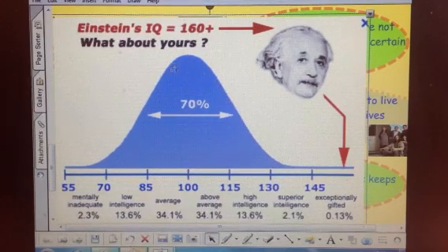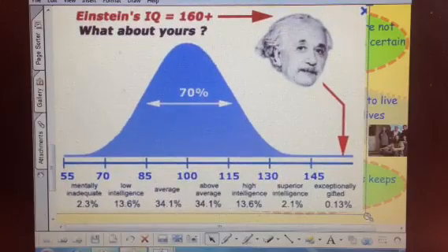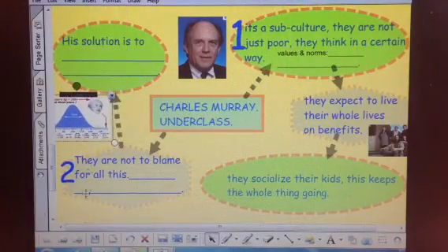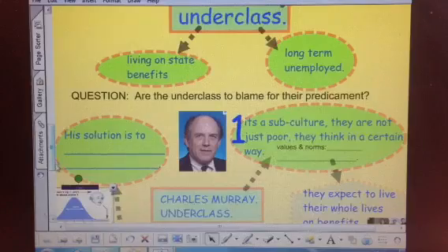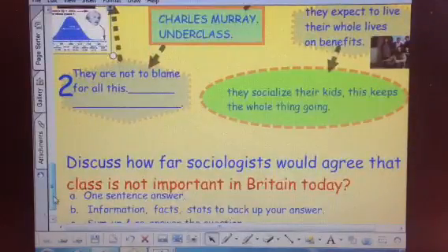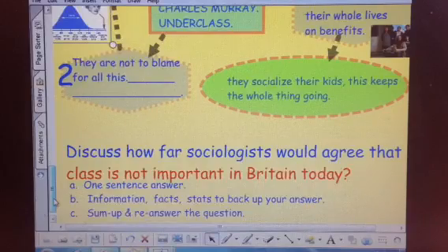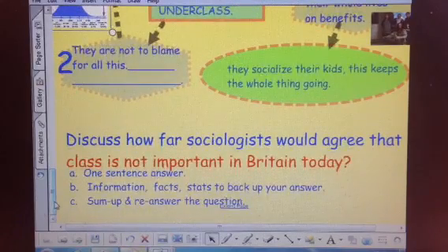However, he says, you know what, this underclass, they're all down here. And in American terms, they're black. You heard me. Charles Murray thinks the problem is, in America, the underclass are black and black people are stupid. Now, this is why Charles Murray is not that liked in British sociology, because he appears to be more than a little bit of a racist.